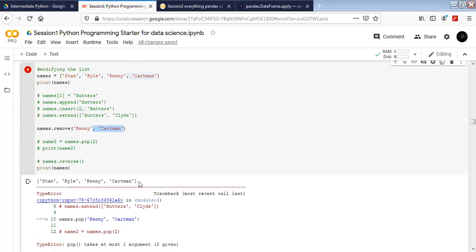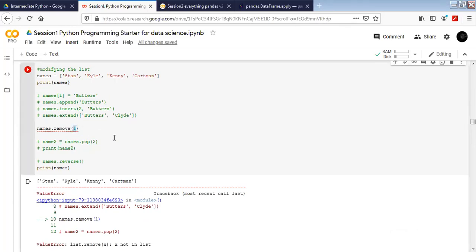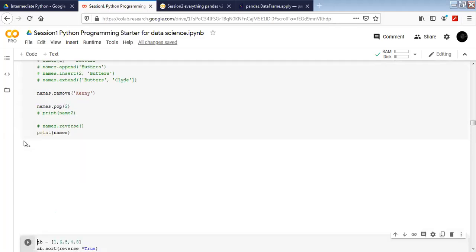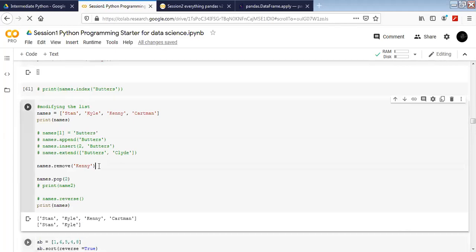Can we use indexing while using the remove function? Remove, I don't think we can. We can try this at the position, but I think remove is just for the element directly. If you want to remove using the index, we use pop there. If you just use name pop, it's going to remove it and give us the removed one.